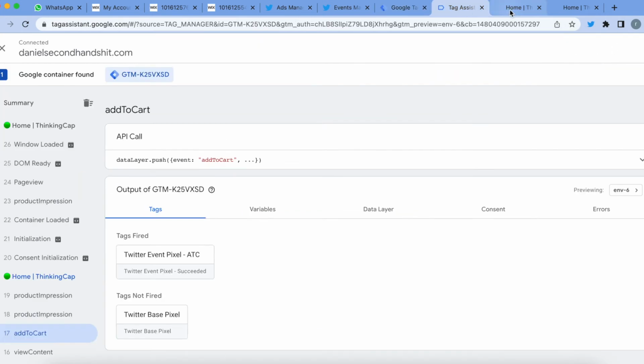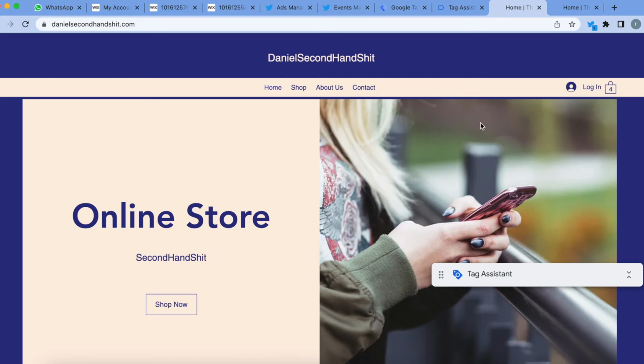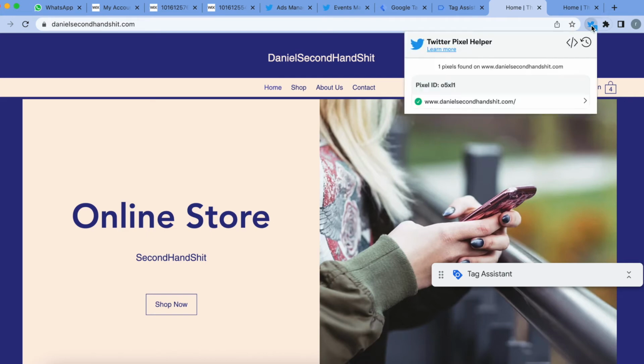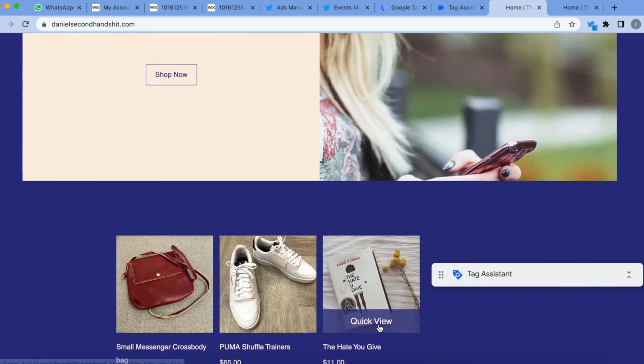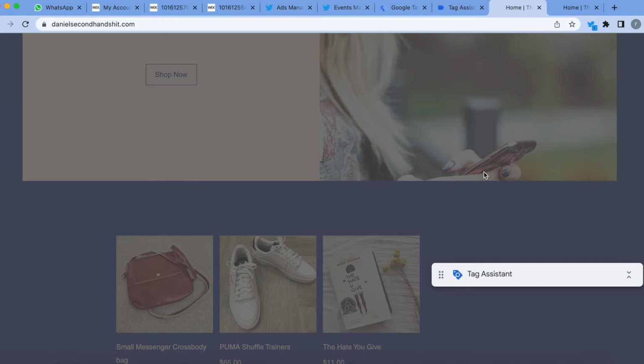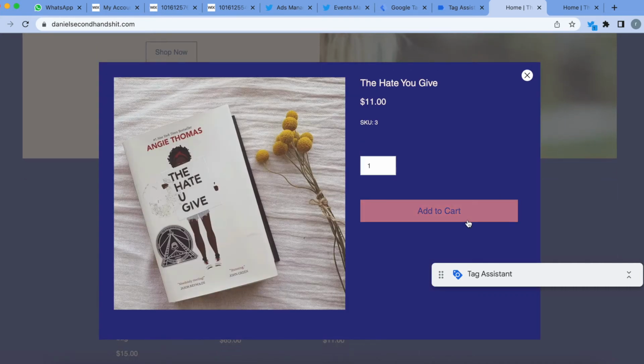So once I'm in, you can actually see straight away that the pixel helper immediately shows that the Twitter base pixel is firing upon a page view, which is correct. You would also realize that the pixel ID shown here actually matches the base pixel ID that is on the Twitter Events Manager. So now let us proceed to mimic an add to cart event,